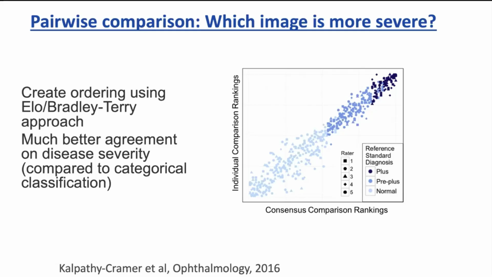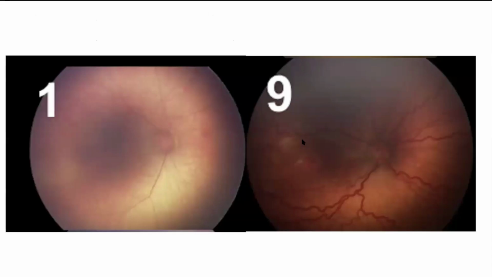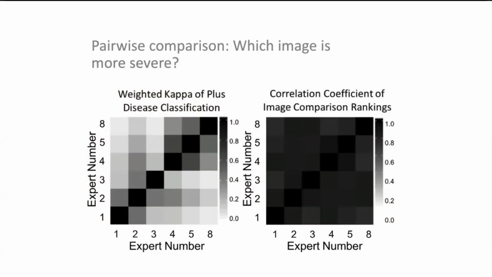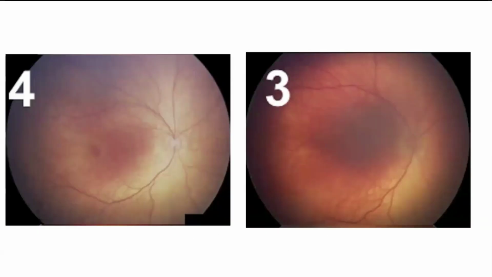So as you're thinking about training your networks and thinking about what is the best ground truth to use, for diseases that lie on a spectrum, we have found this approach of creating a quantitative scale, whether it's using a regression network or using pairwise comparisons, potentially allows you to get a lot more agreement between the clinicians relative to making these arbitrary cut points between disease severity scales. And we can see that in our ability, the comparison rankings are much more consistent among raters than the classification rankings.